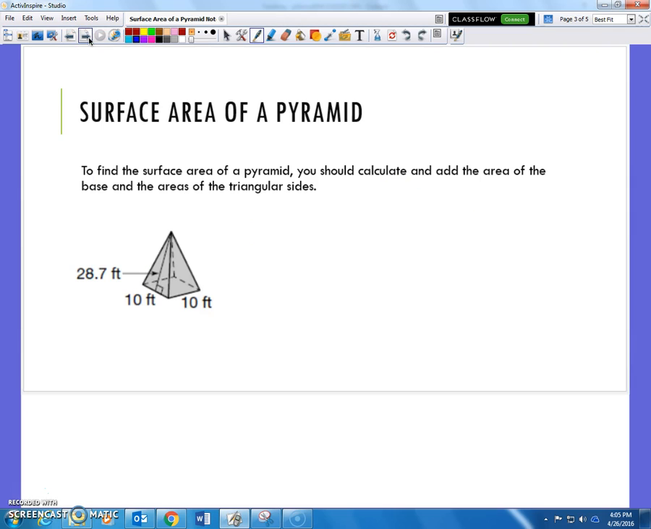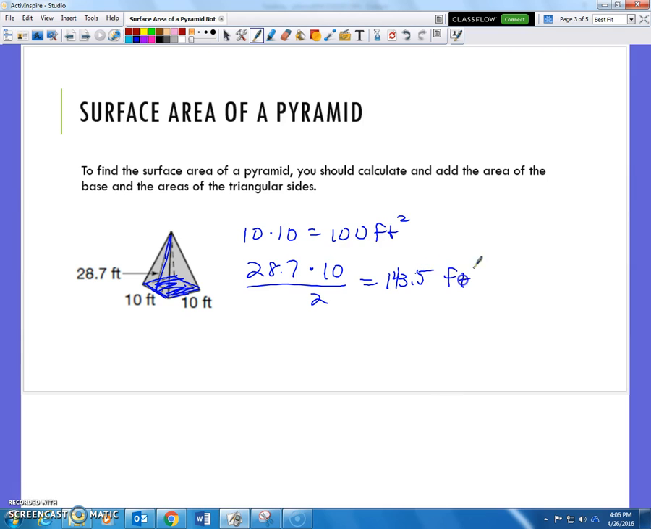Let's take a look at the next one here. And again, I have a square pyramid, so I know that each of these triangles is going to be congruent in area. Let's get the base first. That's the bottom part. 10 by 10. That's 100 square feet. That represents the shaded rectangle down there. That's the length times the width. And now it tells me that the height of the triangle is 28.7 feet. We're going to take the base times the height and divide that by 2. 287 divided by 2 is 143.5